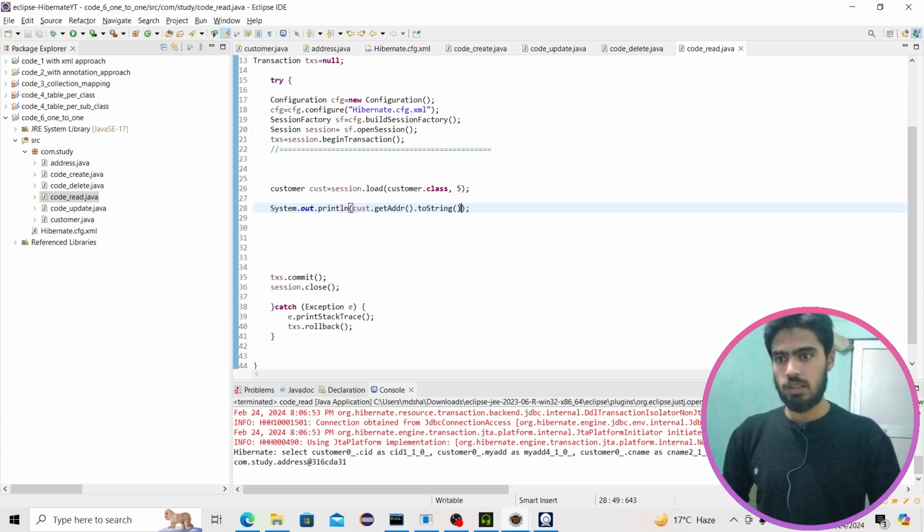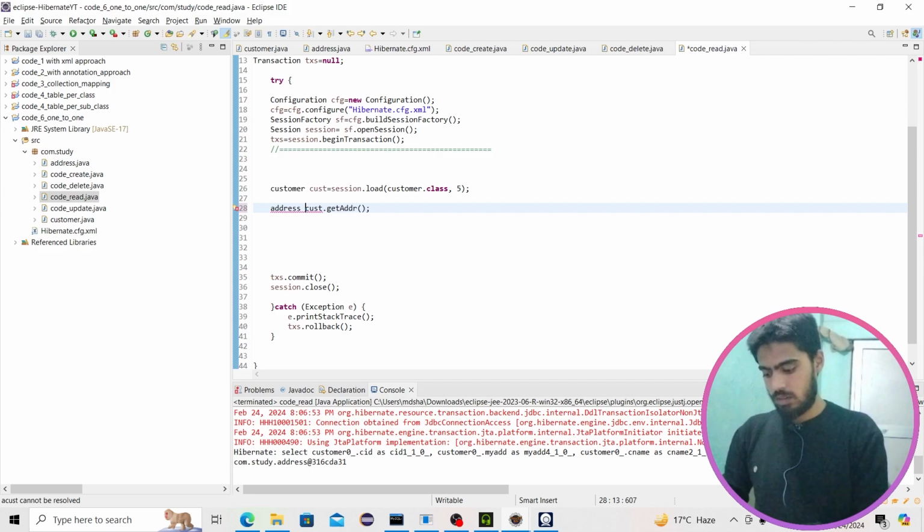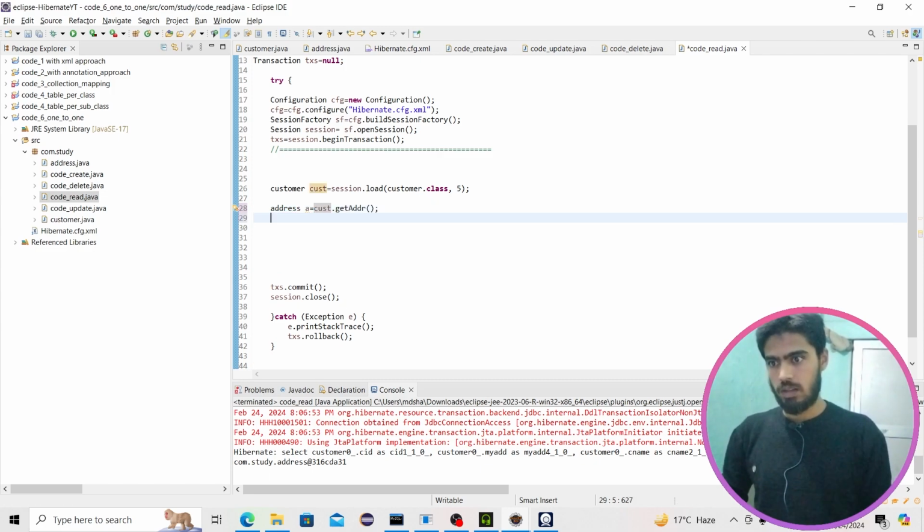It is not coming in this way. Let's try another way. Can we access address from the customer object? So getAddress will give address. Yes, it is giving address, and then with the address,